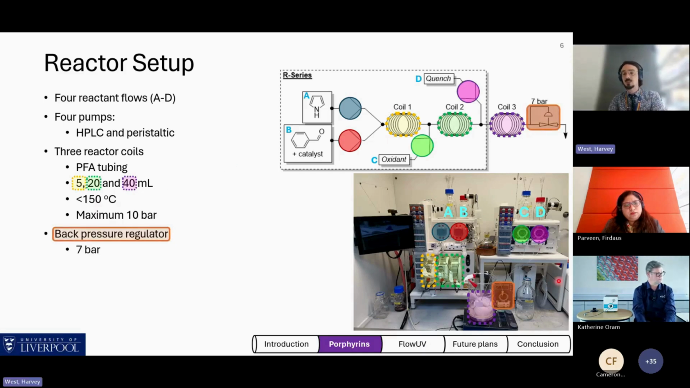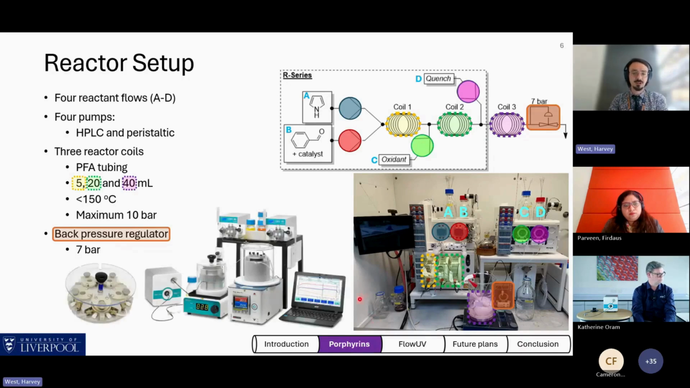At the very end of our system, we have a back pressure regulator, ensuring that we don't start to boil our solvents and ruin our reaction. And for this workflow in particular, it was mostly operated at 7 bar. Now, it'd be remiss of me at this point to not highlight that